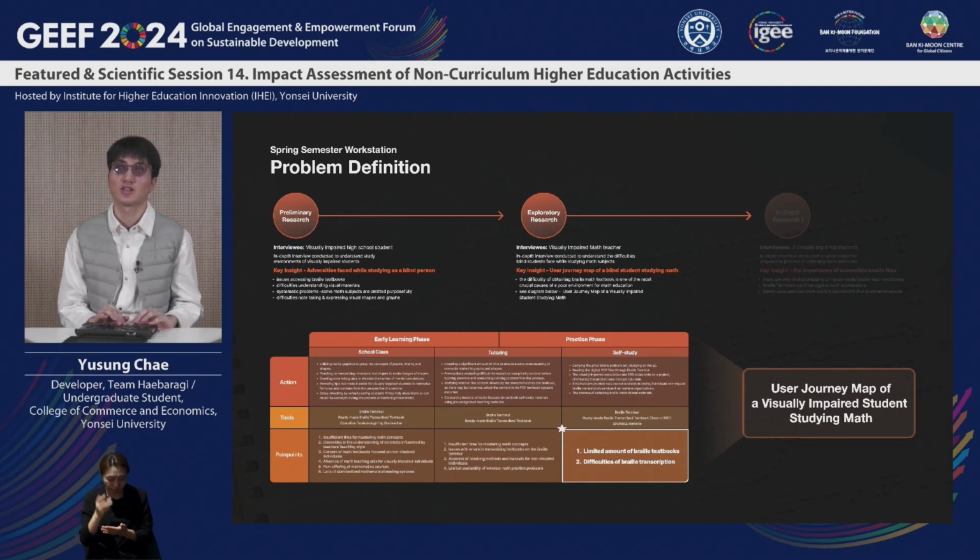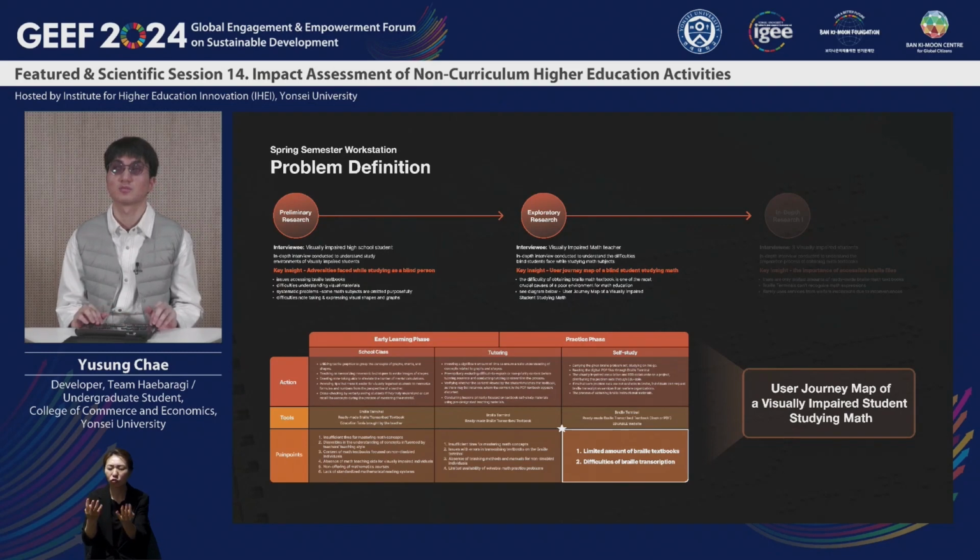Based on this journey map, we decided that we need to discuss the problems that we would focus on. We decided that problems at the personal level, such as the teacher's ability to teach and the student's ability to learn, could not be solved by university students. So we decided to focus our attention on the issues at the individual level encountered when studying alone, rather than at school or during tutoring lessons, when students are more influenced by teachers.